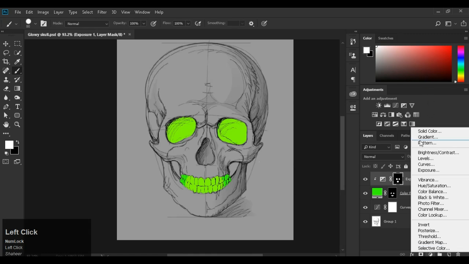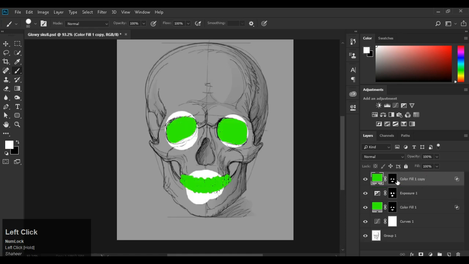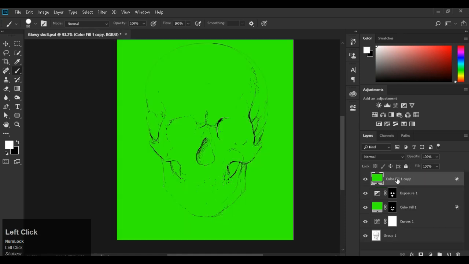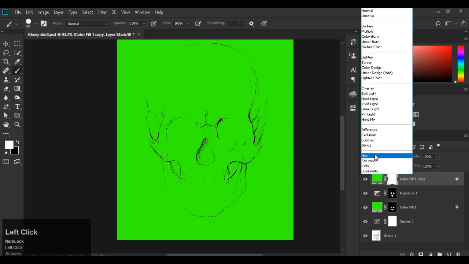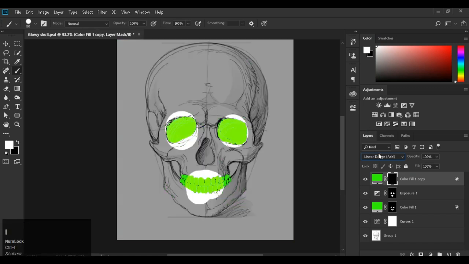Take another layer or duplicate this one. I'll duplicate this one, go right there. I'm gonna delete this mask and make another mask, change mode to linear dodge add. As you can see, it's not looking good. I'm gonna invert it, add the exposure again, clip it,